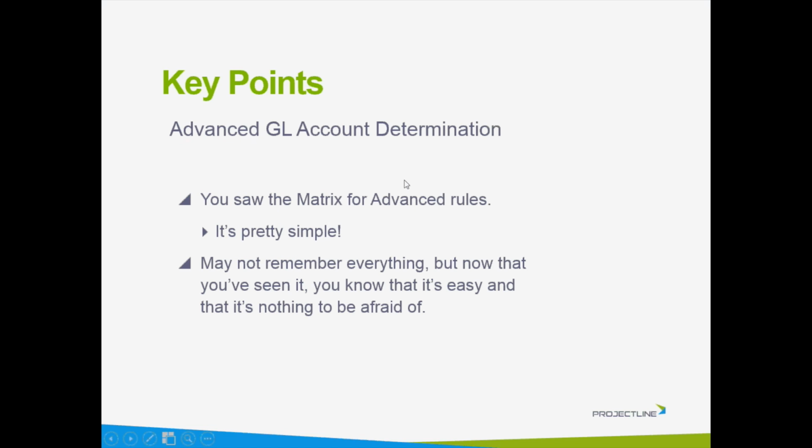Regarding advanced GL determination, we've shown you a lot today. We reviewed the old traditional method, and then we threw you off the deep end with the advanced method. You may not remember everything with the advanced method, and that's okay, but the main takeaway point is that the process isn't complicated and that it makes GL determination granularity possible. It is now easy to sell an item both to Canada and the US and post it to 2 different revenue accounts without customization. Today we focused our example on sales, but advanced GL determination applies to all items related